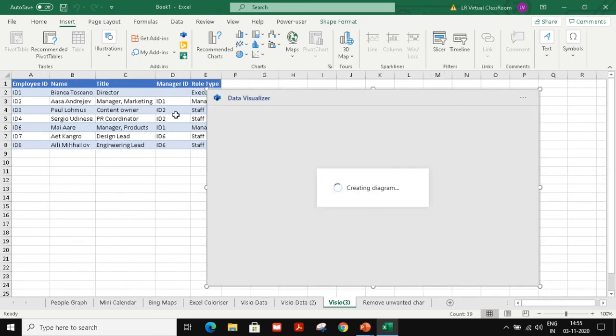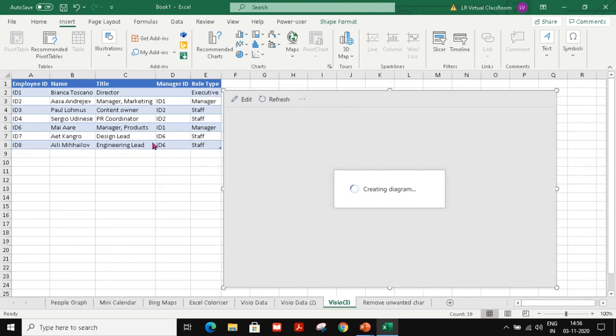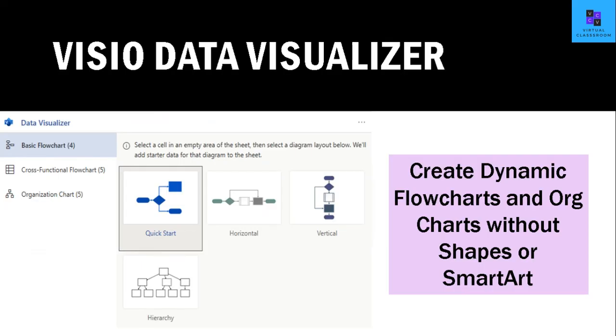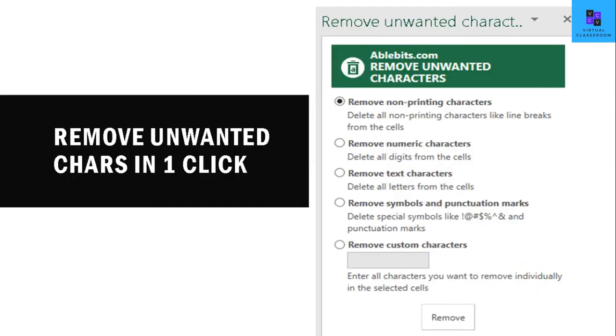With just a click of a button, I have my template along with the diagram ready. In this way, I can modify the template at any point of time for any changes in my organization chart and then present to my management. You don't need any complex shapes or SmartArt to create your organization chart or your process flow chart in your presentations. You can very well use Excel itself, and that too, it's a free add-in.